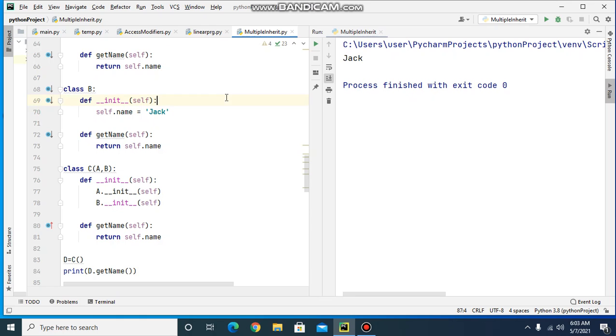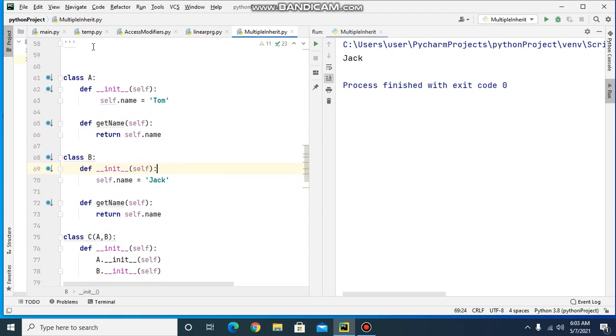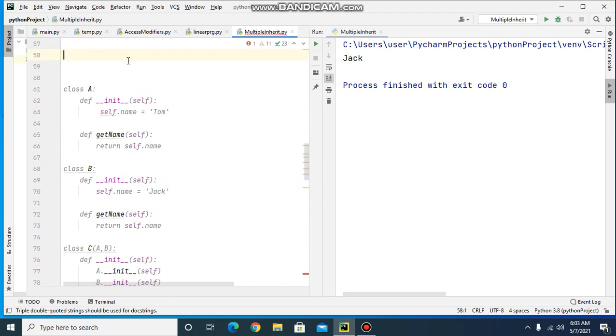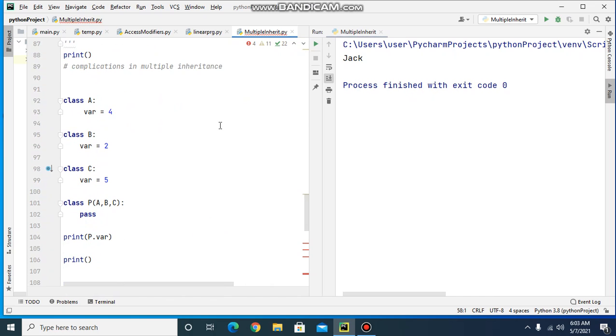So Jack is getting printed instead of Tom, because the name attribute of C retains the value of B, and so Jack is printed here. Now we will see some other examples.